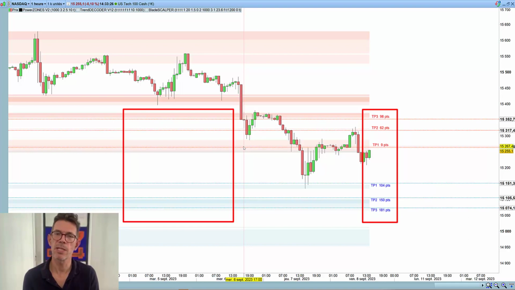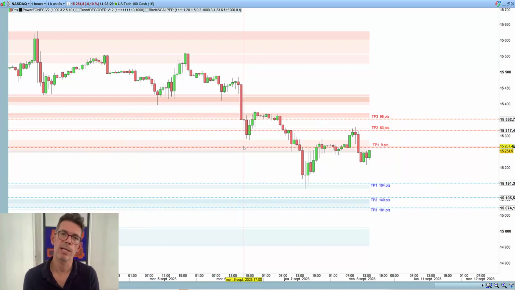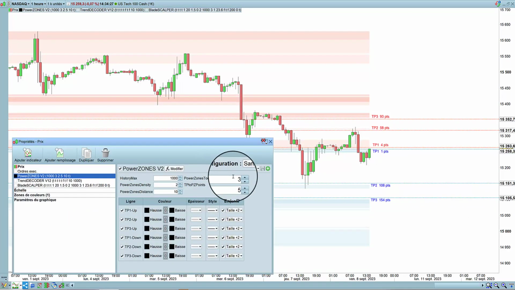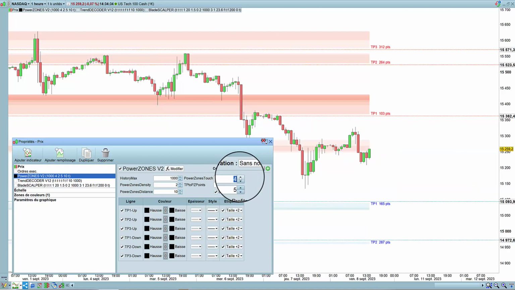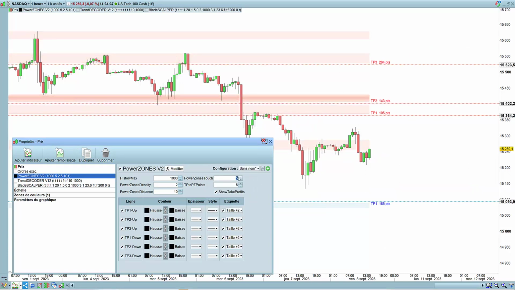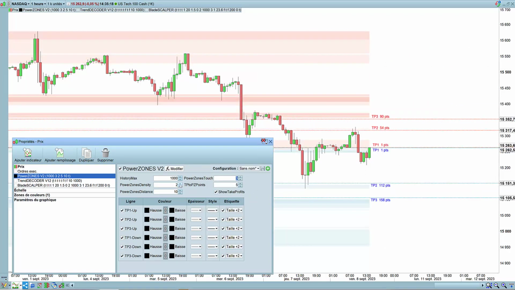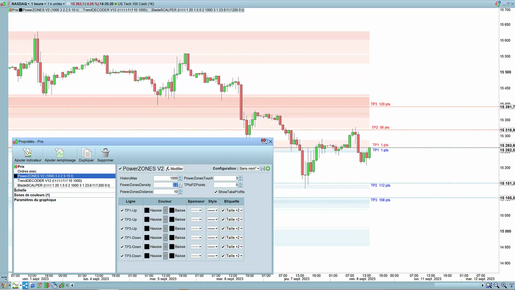Now, here's the first innovation that we bring to the support and resistance concept. It's the PowerZone strength, by giving you access to the number of times these zones have been touched. If we go to the configuration panel, we get access to this PowerZone touch tab that allows you to select the strength of the zone you want to see. Here, I want to increase the strength of the zone I want to visualize. And here it goes, simple as that.